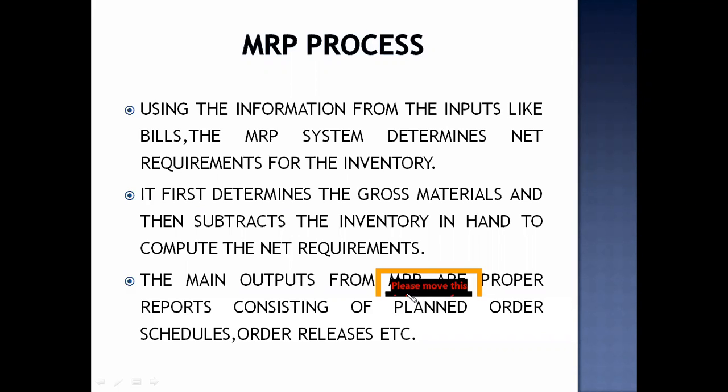So MRP, or materials requirement planning, is a common practice used in many organizations for helping the production happen smoothly. They use inputs like bills, master production schedule, inventory records file, and using these inputs and using computers or information technology, they help in understanding the status of inventory management in an organization.